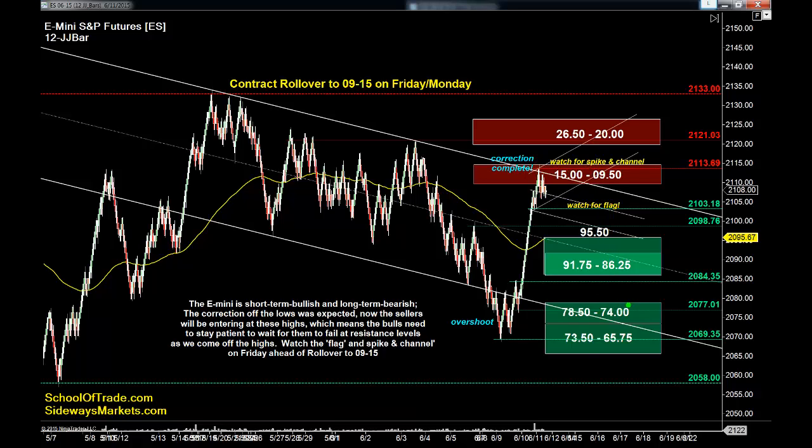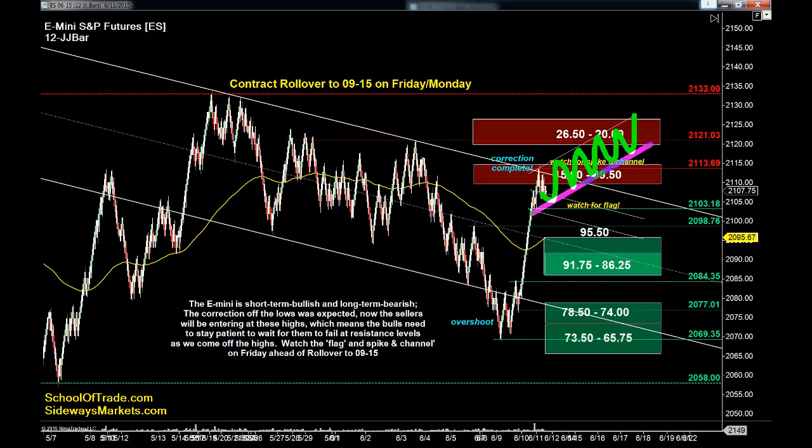One of my favorite ways to trade these spiking channels is when they fail, because you're going to get a huge correction. Remember, big pops, big drops. And the reason why you get the big correction is because the buyers are all engaged. They're all in. And the only way they get back involved again is if you entice them a little bit. Okay? Now, watch out for the flag. Watch out for the spiking channel if you're trading the S&P. The spiking channel is going to be the easiest money you've made all month.